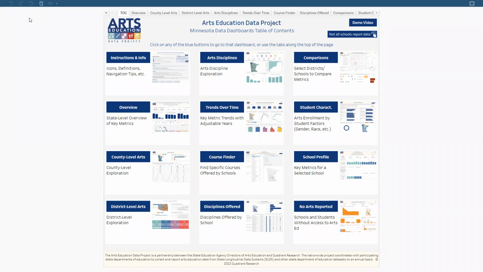This video will be covering the key functionality and features of some of these dashboards, but this is not a full tutorial. We hope that you will check out the dashboards on your own to explore the data for the Arts Education Data Project. Right now, we're looking at the Table of Contents dashboard, where you can see the title,